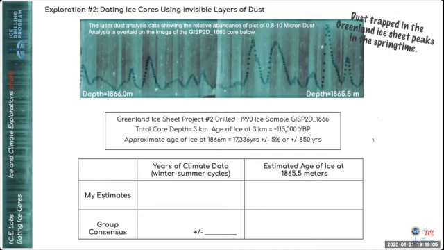Could you estimate the number of years of climate data? Could you estimate the years of climate data in this ice core now that you have that expanded? And these are 0.8 to 10 micron dust particles. They actually do this analysis for all different size dust particles than just this one, but